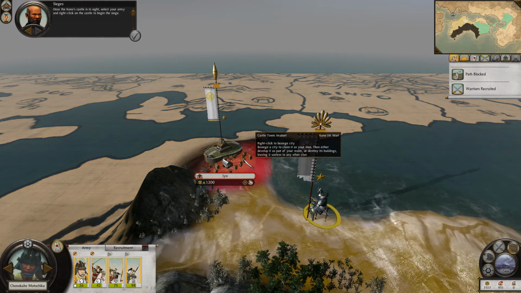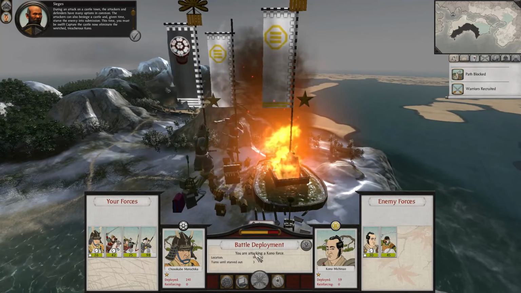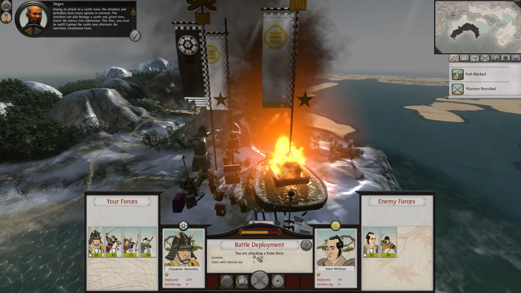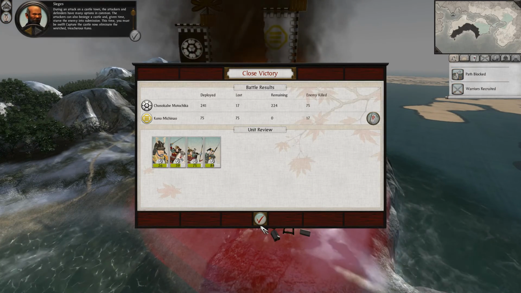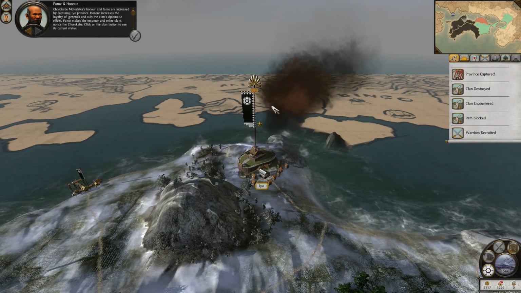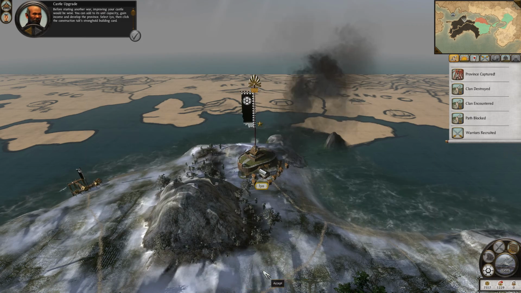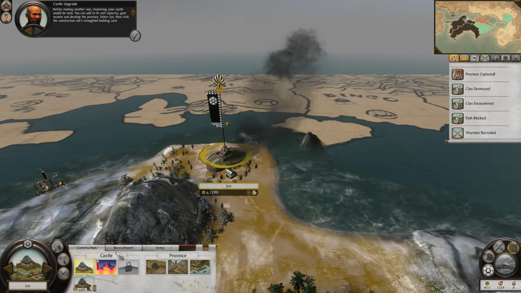Once the Kono's castle is in sight, during an attack on a castle town, the attackers and defenders have many options in common. The attackers can also... Excellent! Chosokabe Motochika's honor and fame are increased by capturing Iyo province. You can view your clan's... Before starting another war, improving your castle...